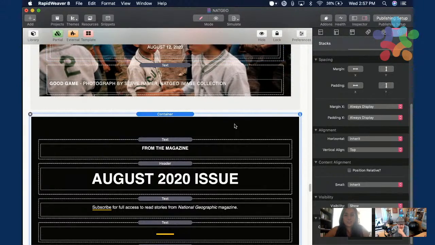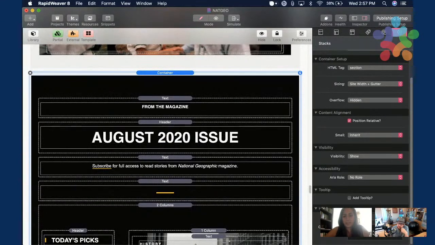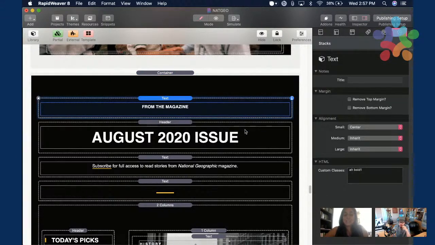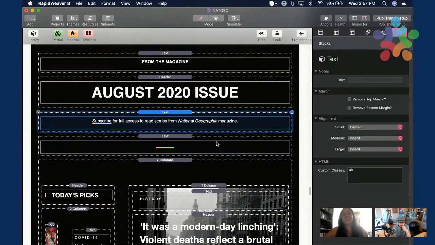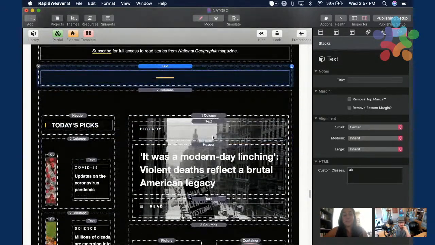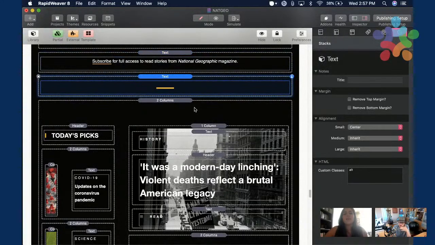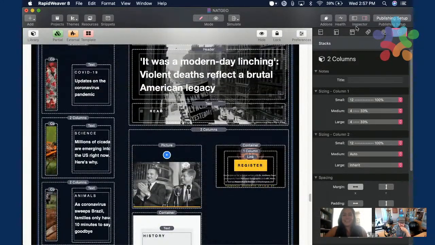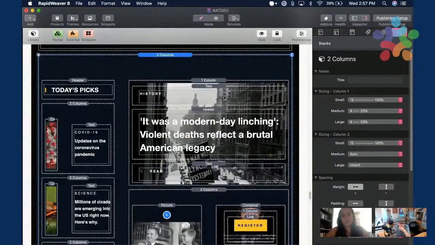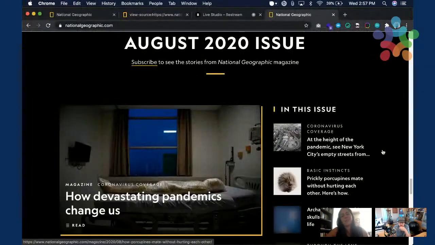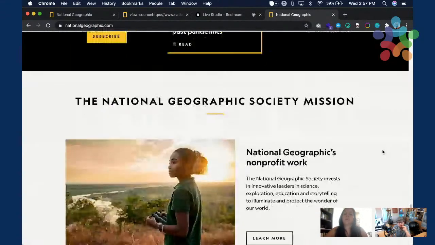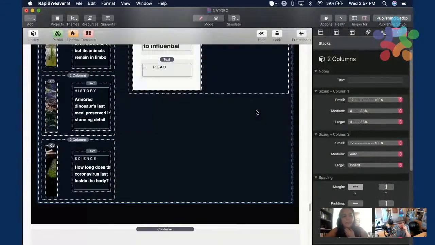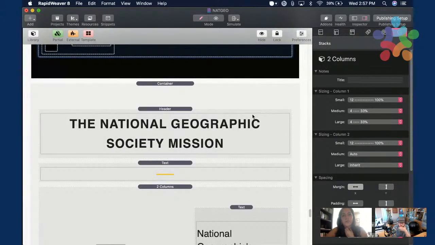So then the next section is another container with a black background that I set with the utility classes. And then we have a text and a header, and then another text, and then the divider. And then again, the exact same content as before, because what we have right after the photo of the day is the same layout again. So I left it just like that. I just copied and pasted the exact same one just for visual purposes.